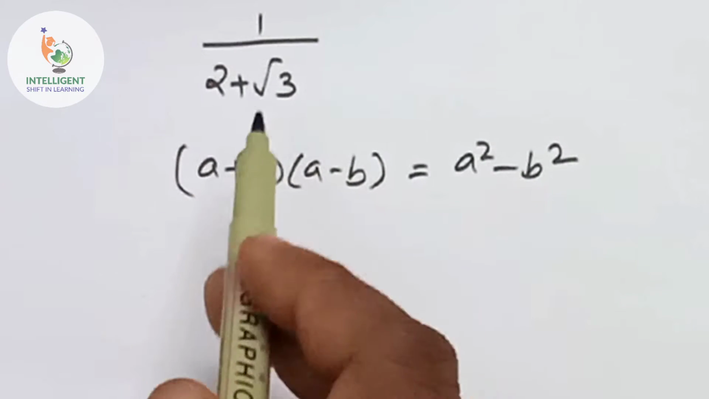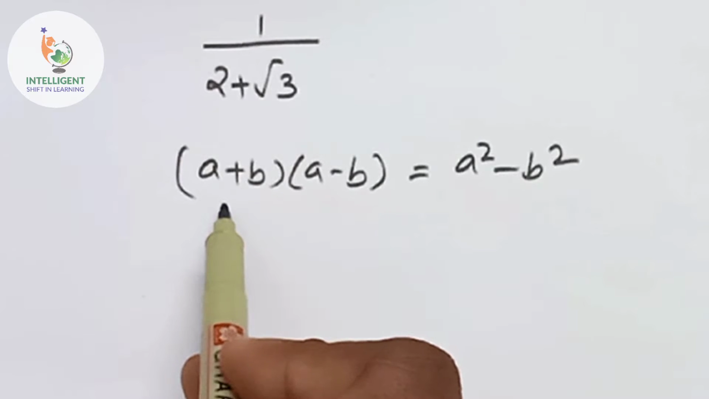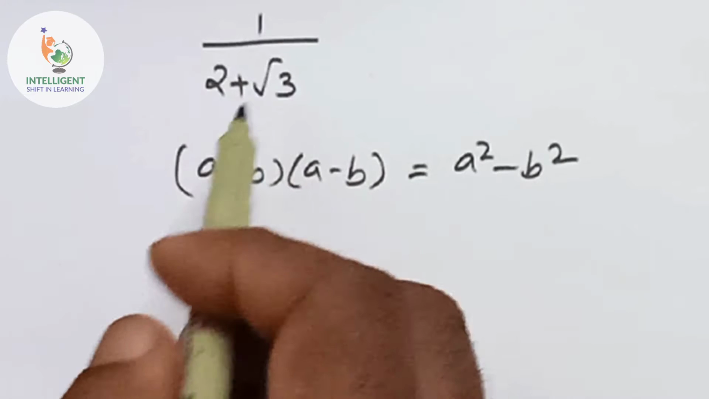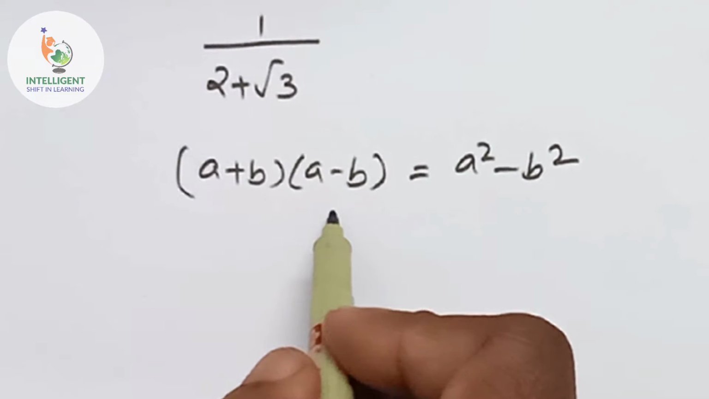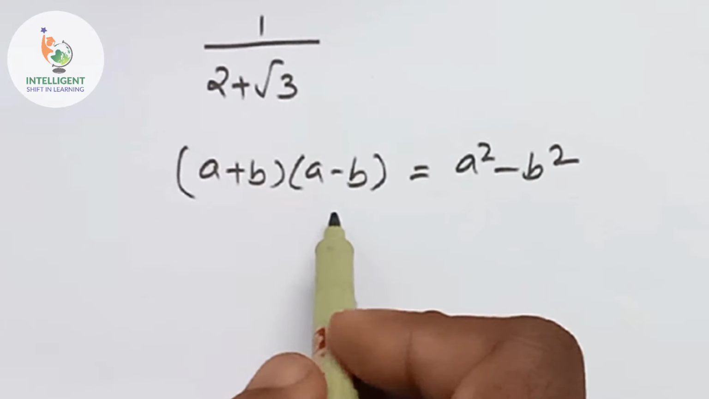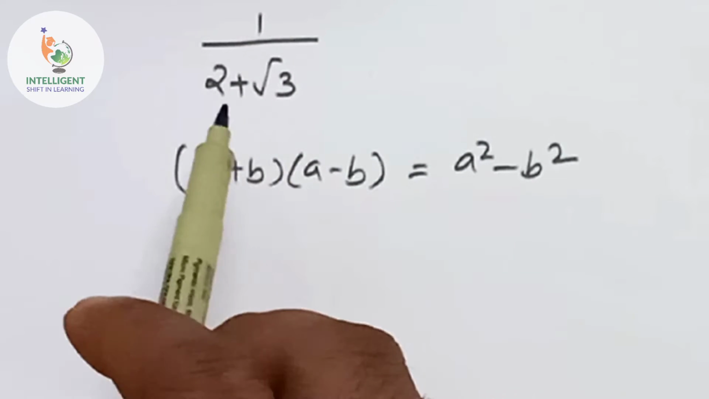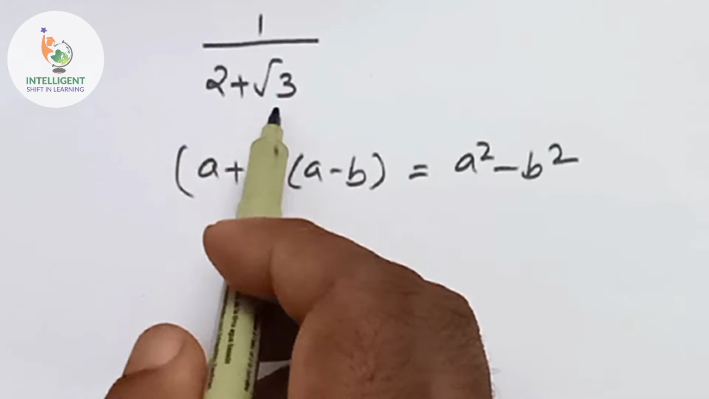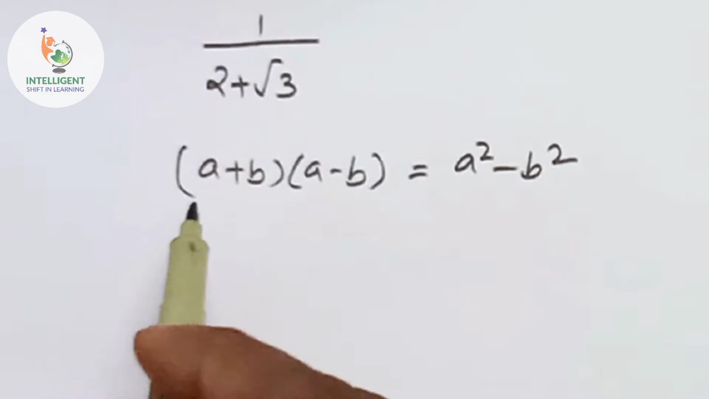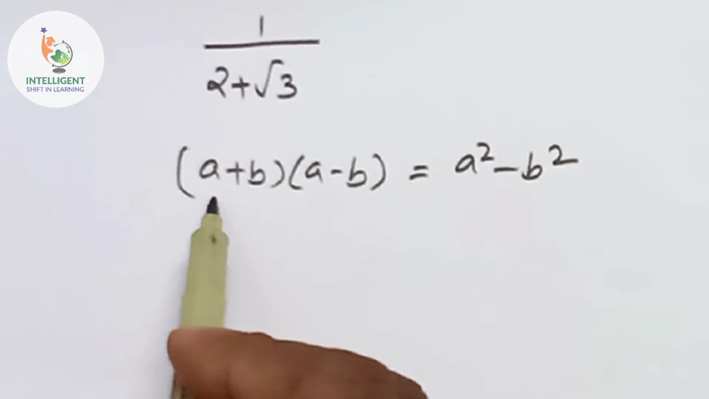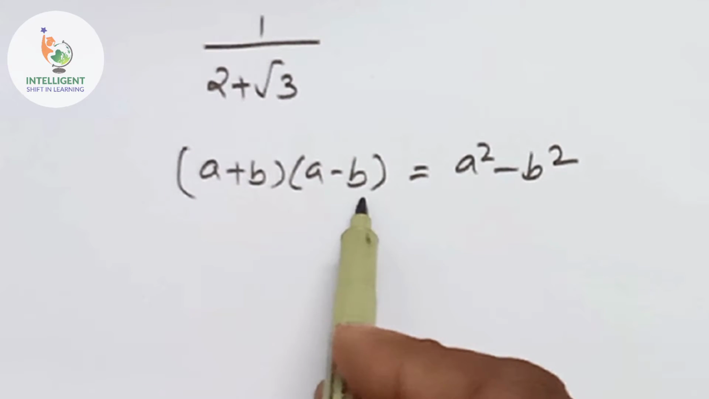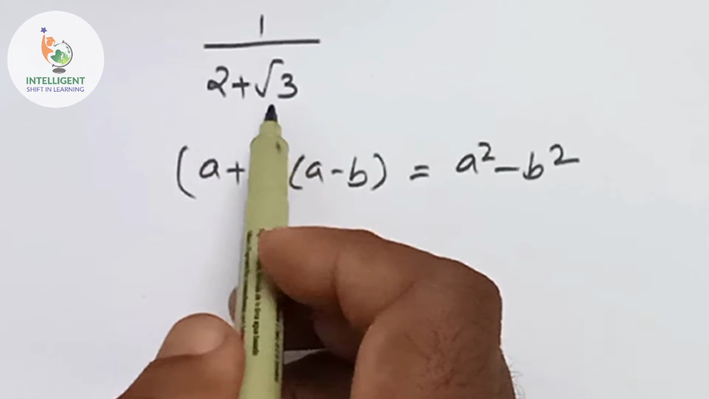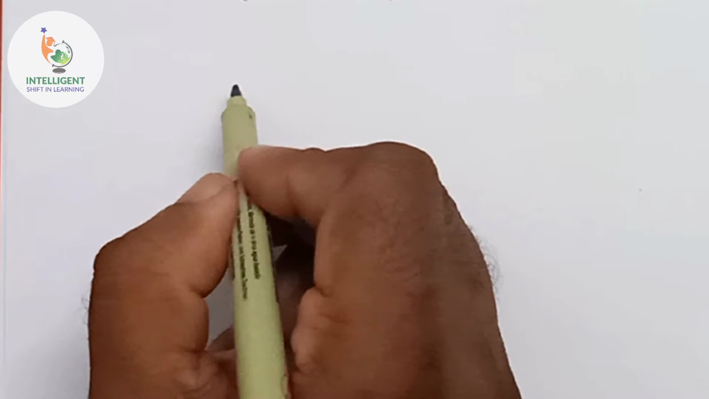So 2 plus root 3 is in the form a plus b. Now we can multiply both numerator and denominator by a minus b form, that is conjugate form. A conjugate is formed by changing the sign between the two terms. So the conjugate of 2 plus root 3 is 2 minus root 3. The conjugate of a plus b is a minus b. Similarly, the conjugate of 2 plus root 3 is 2 minus root 3. That is,